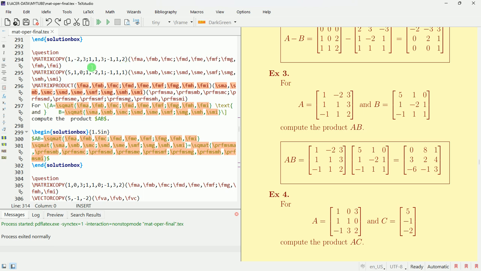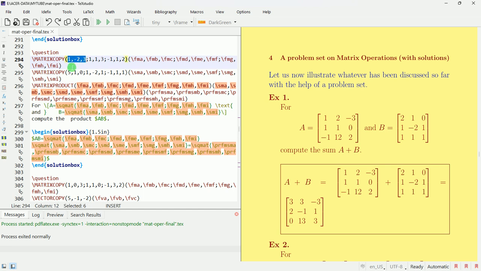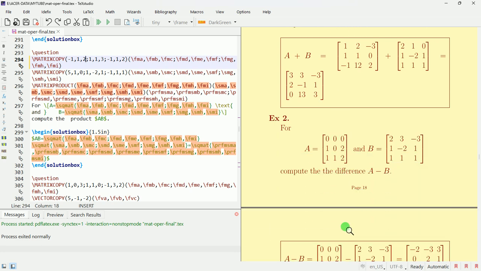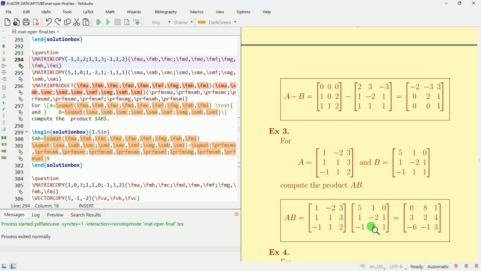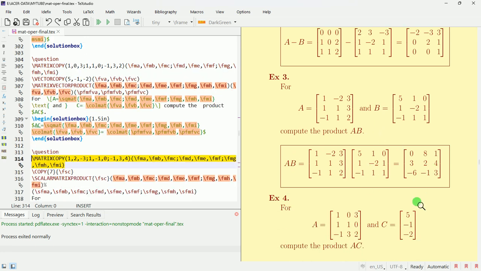So let us make this column, this row identical. I write it -1, comma, -1, comma 1, comma 2. Oh, sorry. 1, comma 2. So these two rows are identical. So I expect 0 here. Where is the product gone? Product is here. Yeah, product is here. This is the matrix I am looking at. So if I compile it,